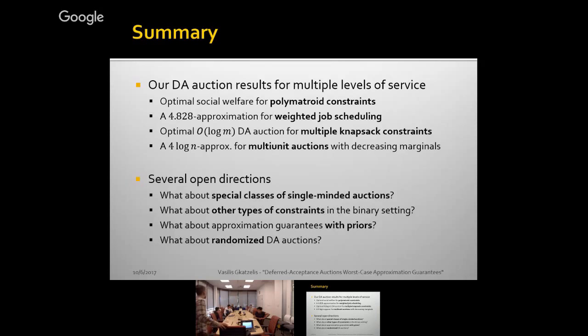So in your single-minded case, is it truthful against lying about this set? Like if I say a bigger set? No, as I mentioned, the whole thing is single parameter. The way they define it was not only binary, it was single parameter, meaning your only private value is your value, your bid. Your set is not private. So that's another